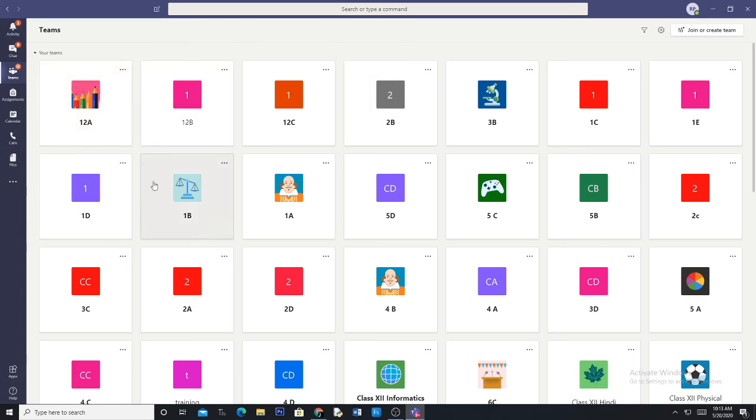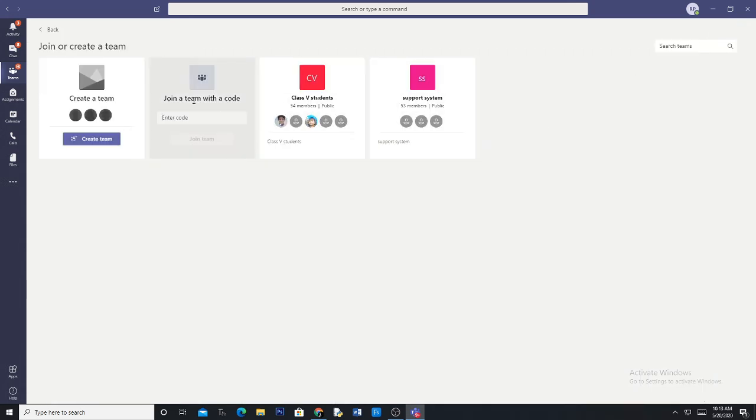Sorry, they will not be able to see anything here. What they need to do is simply click here, and then join a team with a code. Here they will write down that code, the one which has been sent to their WhatsApp, and say join.